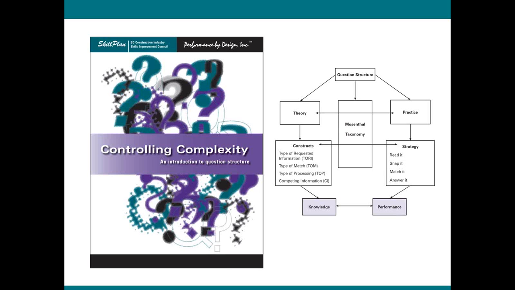Now, how I look at Mosenthal's taxonomy for controlling complexity, it's really like Bloom's taxonomy, but it's expanded. It's more detailed. I joke around with Mike Hart, and I say this is Bloom's taxonomy on steroids. But really, that's what this is. It's looking at the theory of complexity and then strategies for moving those markers. So take a look at this publication. We also have an online workshop that helps you go through this publication to really understand complexity and apply the